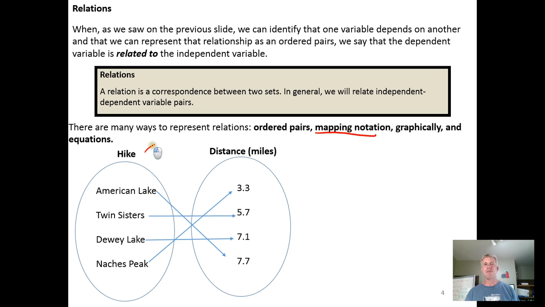So I could say, hey, I've got this mapping from hikes to distances. Let's give this mapping a name. Let's call it F, for example. And then I could say F is the relation that contains some ordered pairs. What are the ordered pairs that it contains? Well, it has American Lake, and American Lake gets mapped over to 7.7 miles. Close that ordered pair up, so I have the input followed by the output, and then I would go comma,